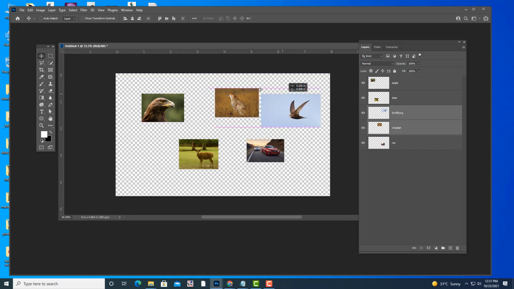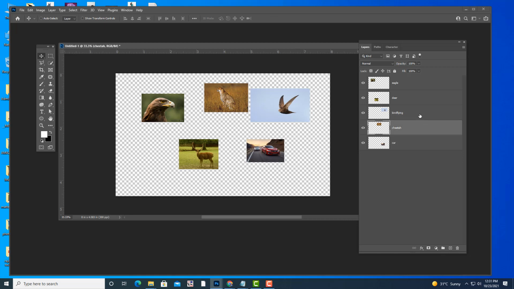Still I can move them together, scale them together, rotate them together. But what will happen is, if you just click on the layer, again both the layers become separate layers. But if you use this link icon, till you break the link, both the layers are together. So that is something you should understand.